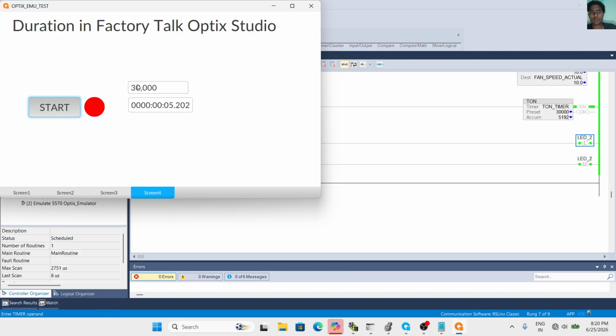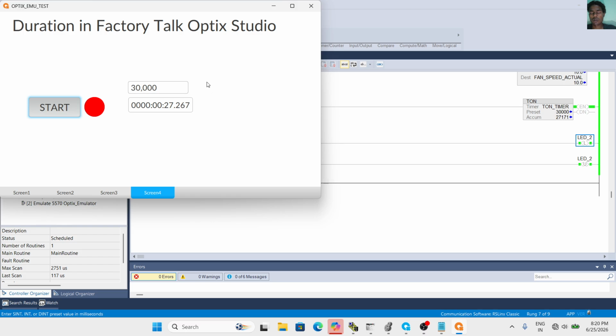Its timer value is 30 seconds, and this value increases 10 seconds, 11, 12 seconds, up to 30 seconds, and it also shows milliseconds, for example 765. After 30 seconds the light will go off.